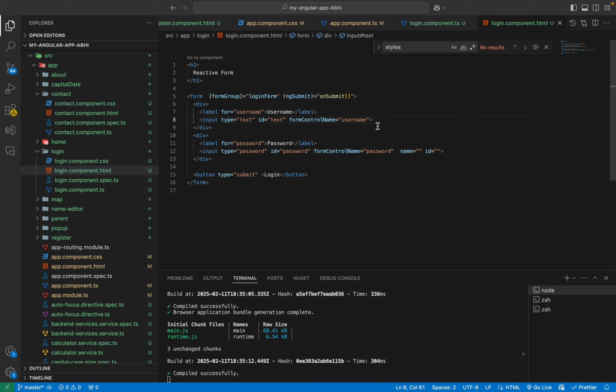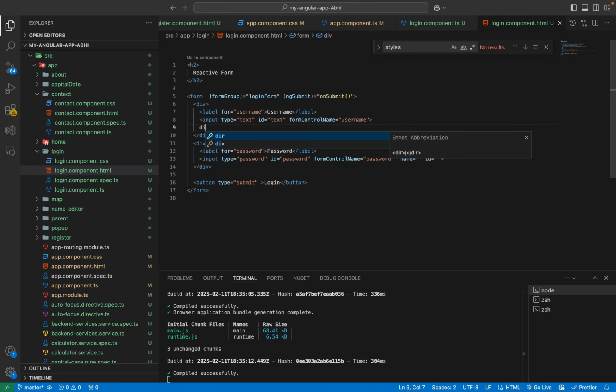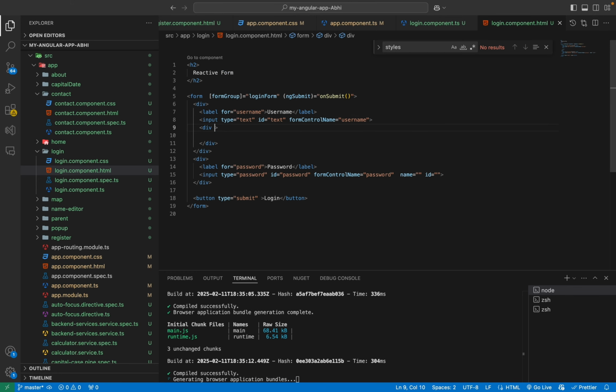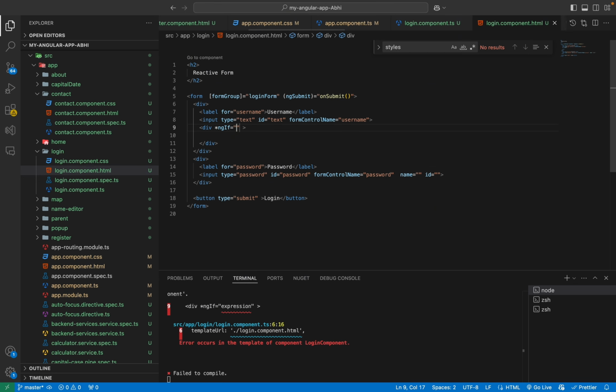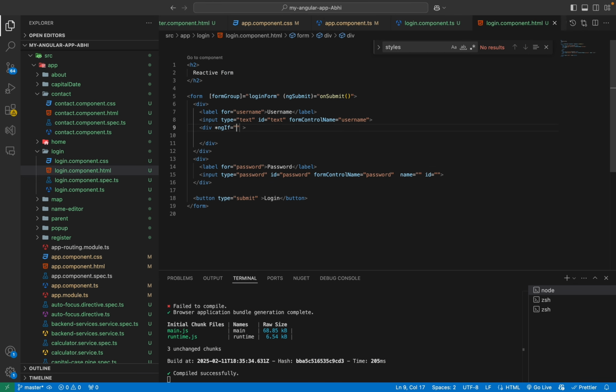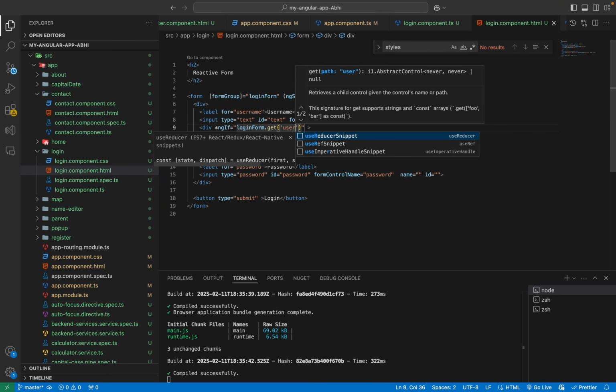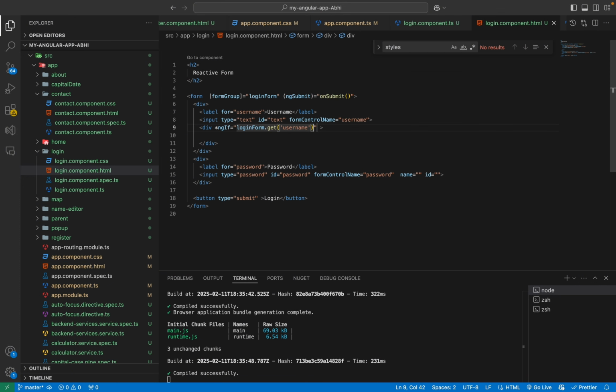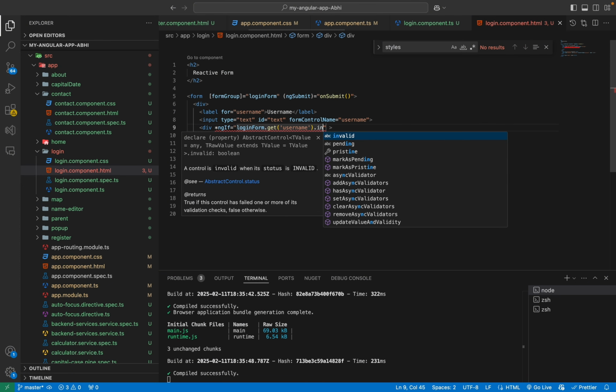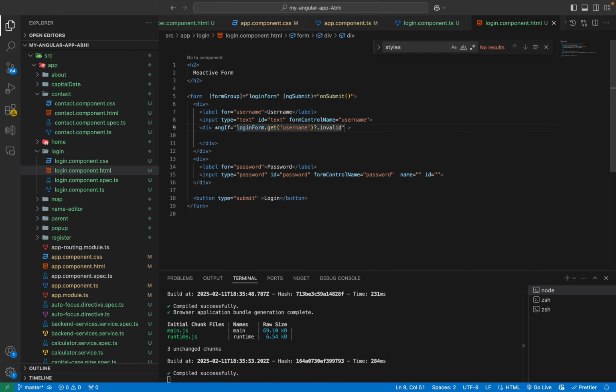So inside this div, after the input field for username, we will define a div, and for that div we will say ngIf, like we want to show this div whenever we see some error. So for that we will say if our login form dot get, so we want to get those error properties as I mentioned. So we'll say login form dot get username. Okay, and once we get that username, if that username is invalid, basically if any of the errors is true,